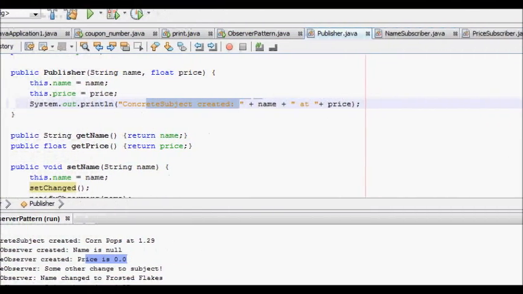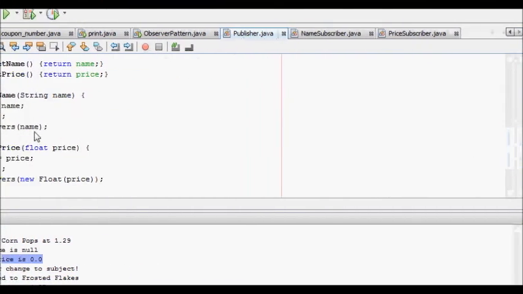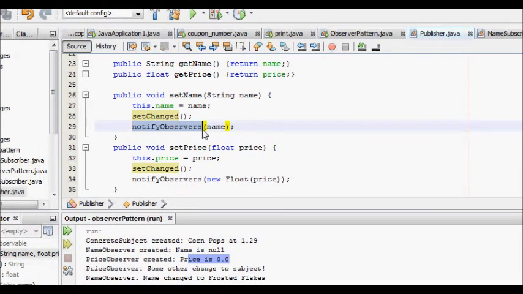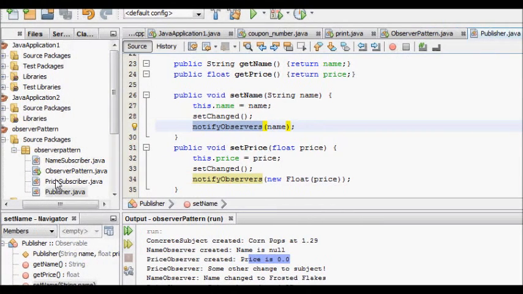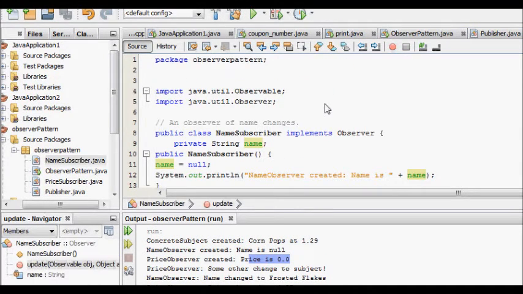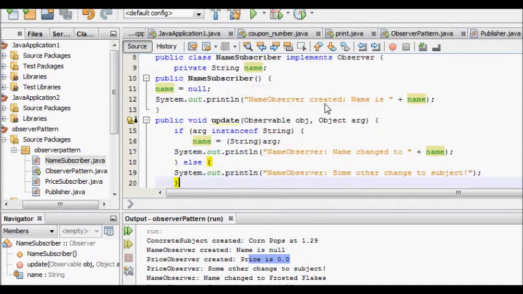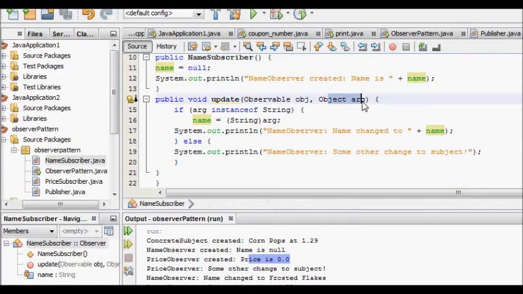publisher and the name is changed. So what will happen, it will call notify observers, the name will change and this will be notified. How will notify happen? The notify method in turn will call the update method of both the subscribers. So the name change will call the name subscriber, so here its update method will be called, and you see it will get that object argument also.